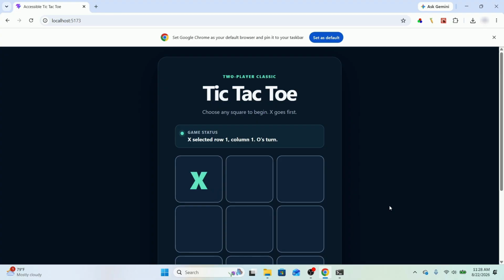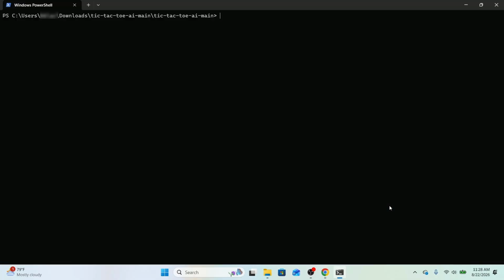Now, once you have it running, like I said, you can keep it running. But if you want to stop it from running, if we go back over to our terminal, Windows PowerShell, and remember, we're still in that tic-tac-toe directory, what I'm going to type is docker compose down. And if you hit enter here,